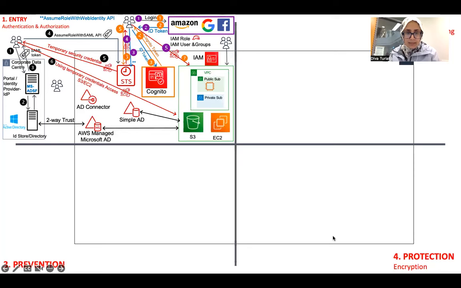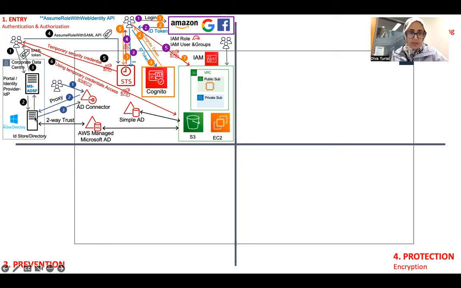Okay, so that's what we talked about with directory services. Now if I go step by step in here, here's a user, and that user wants to access the AWS services. They first have to go through the AD Connector, and the AD Connector is going to proxy that request to the ID store or directory that's on-prem.